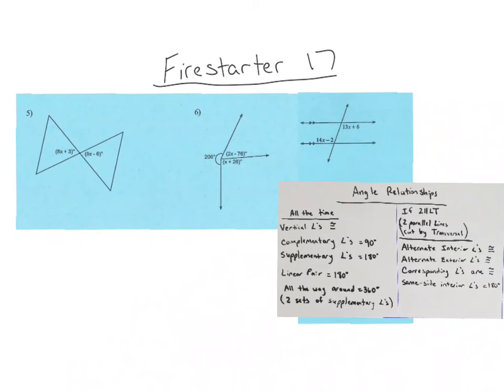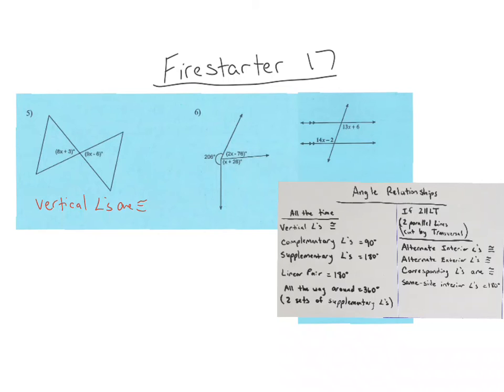So I'm going to look at number 5, and I see that they are across from each other. So I call that across the street. Remember, that's vertical angles. So remember, I want you to do multiple things when we do this type of problem. The first thing I want you to do is tell me that vertical angles are congruent. That's the geometry. All right, so I just wrote vertical angles are congruent. If you say they're congruent, then you're going to do the math next,